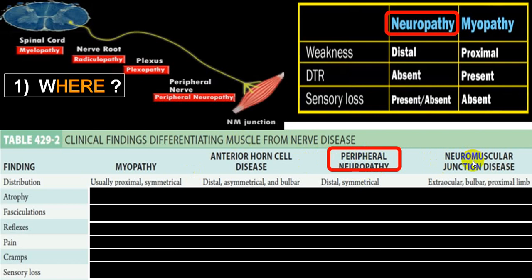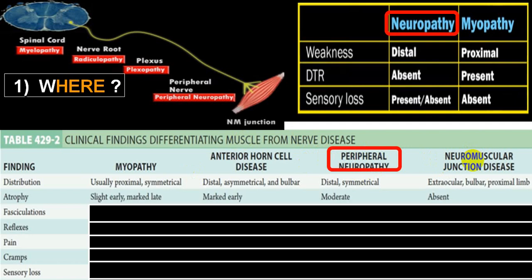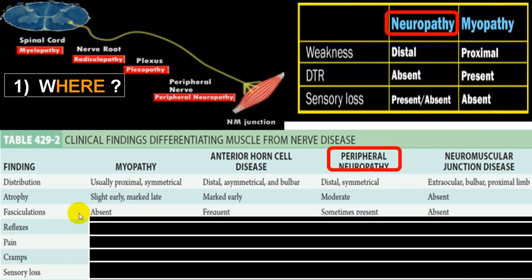While in neuromuscular junction, a single group of muscles will be involved, like extraocular muscle, bulbar muscle, pharyngeal muscle, etc. It is again more proximal. As far as atrophy is concerned, you will come across it in anterior horn cell lesion, which is a lower motor neuron type of damage, as well as in peripheral neuropathy, which is also a lower motor neuron type. But in neuromuscular junction and myopathy it is not affected, though in late stages you might have a little amount of atrophy.